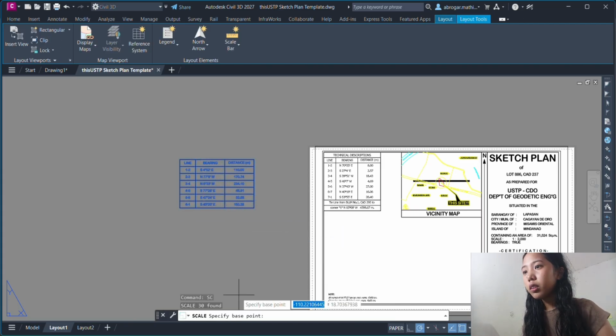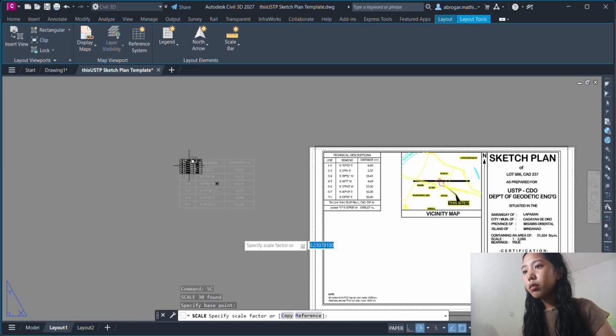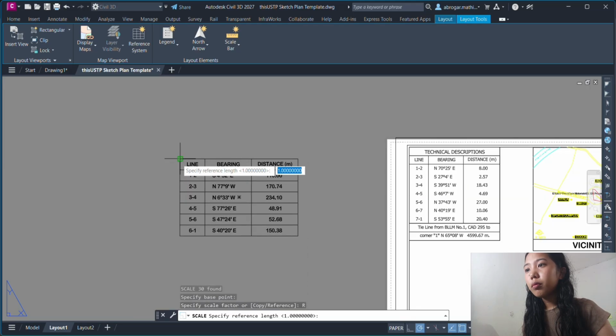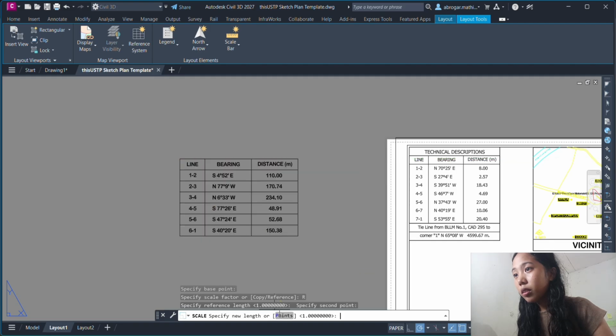Just remove this. Let's make this to center.